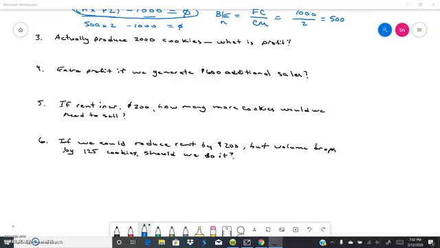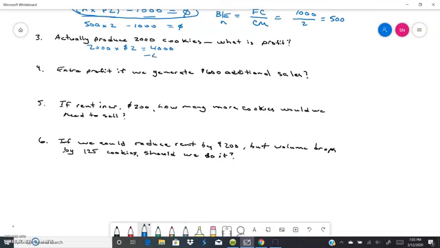So we could easily, incrementally look to see how to solve this. You can hit pause and go ahead and do that calculation. In this case, we do 2,000 cookies times our contribution margin. Every time we sell a cookie, we make $2. That's $4,000